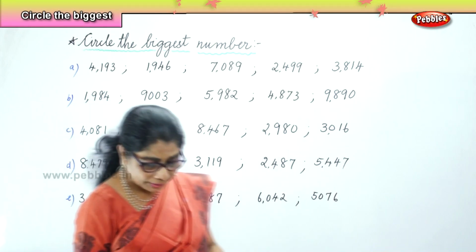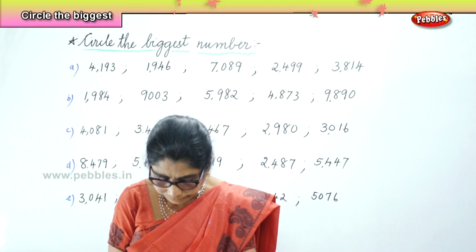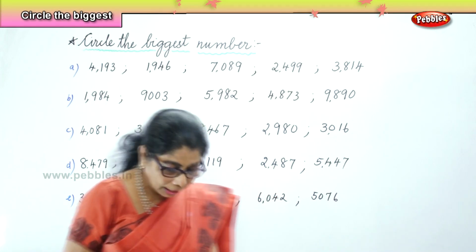Okay, we have 5 sets of numbers and you are going to look carefully and circle